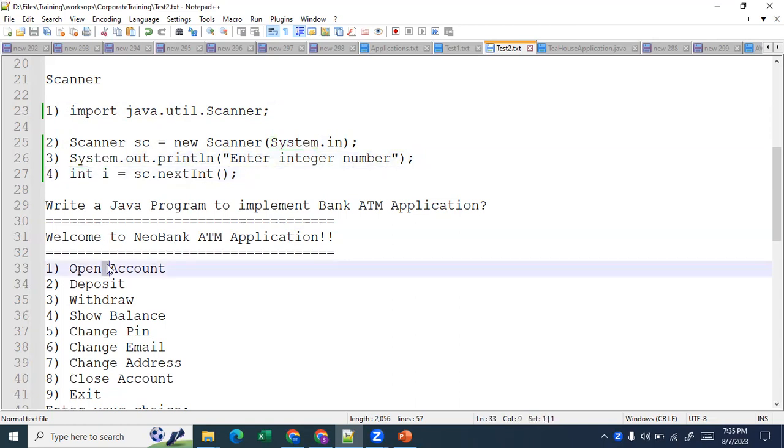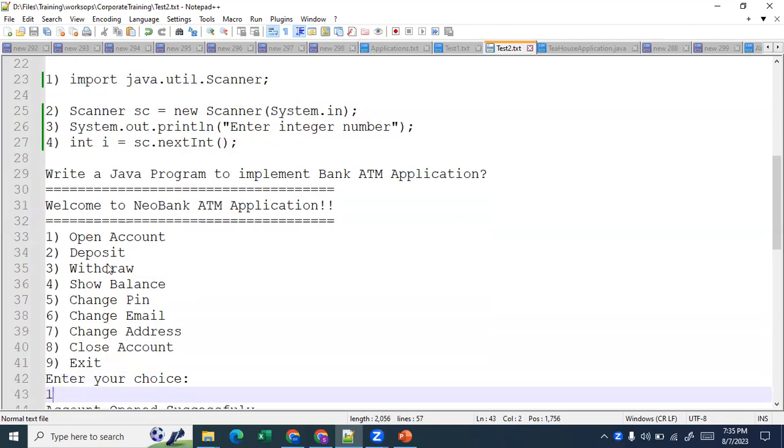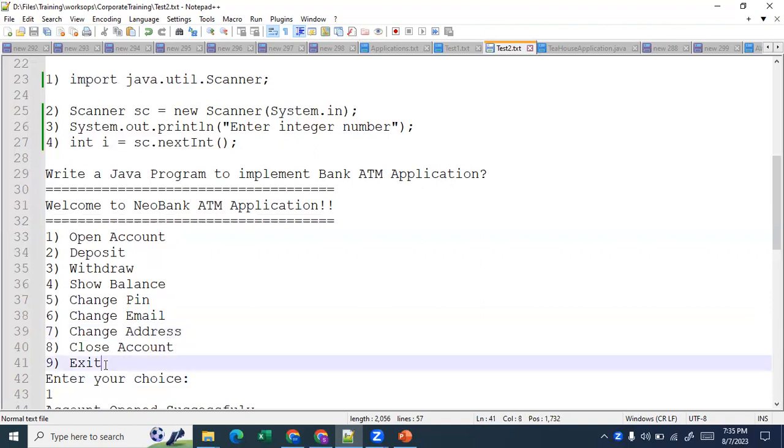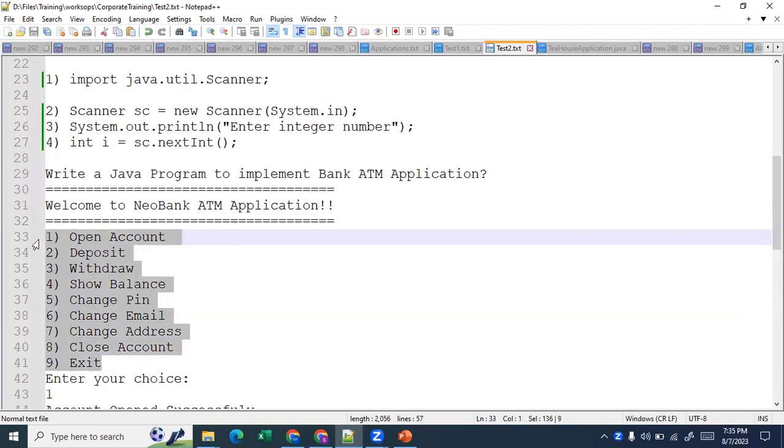And you should know what kind of logic, what kind of flow control you need to use for taking this input. Can anybody tell me what kind of flow control is suitable to make this menu options working? Is it if block, or if else block, nested if else block, or if else ladder, or switch case? Which one is suitable for writing the logic to handle